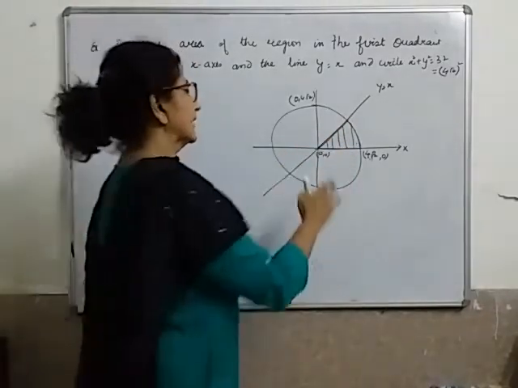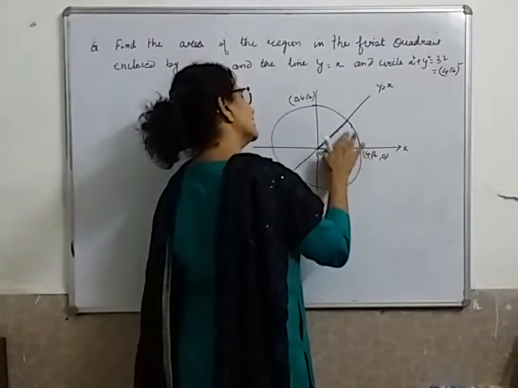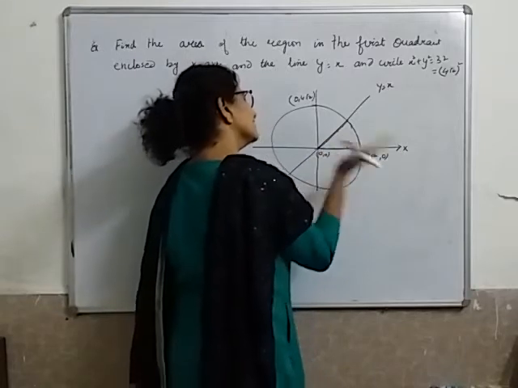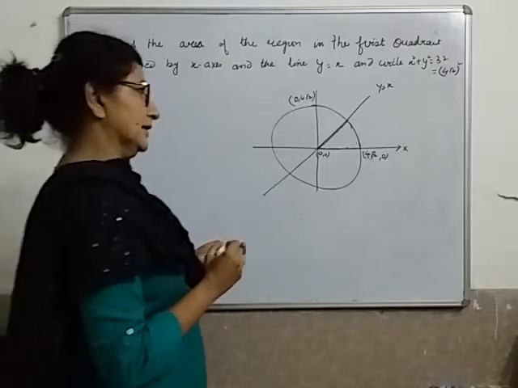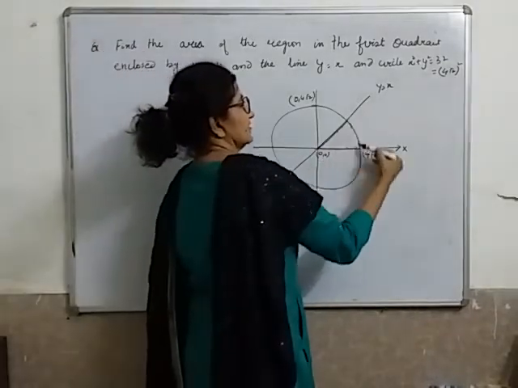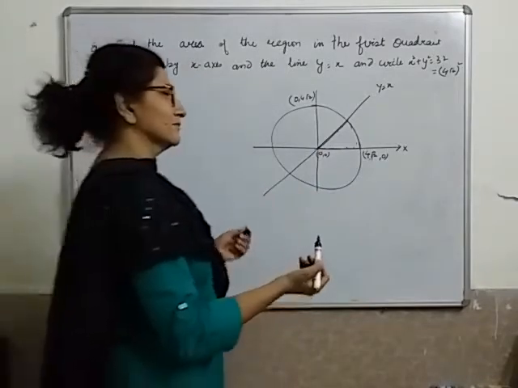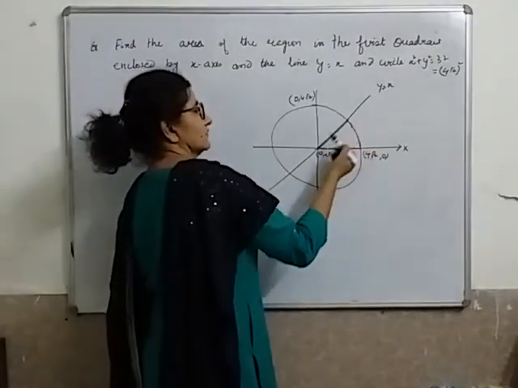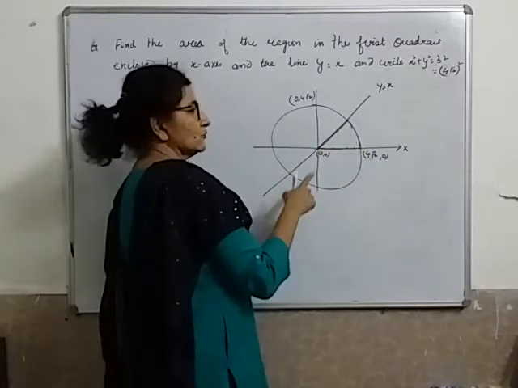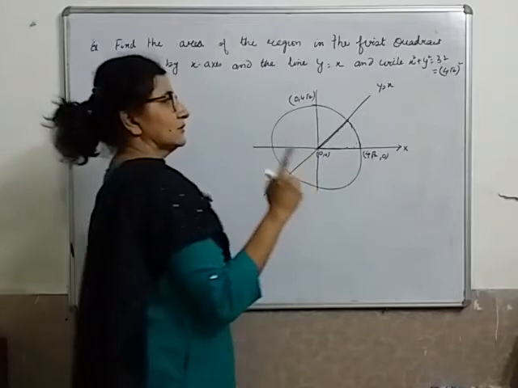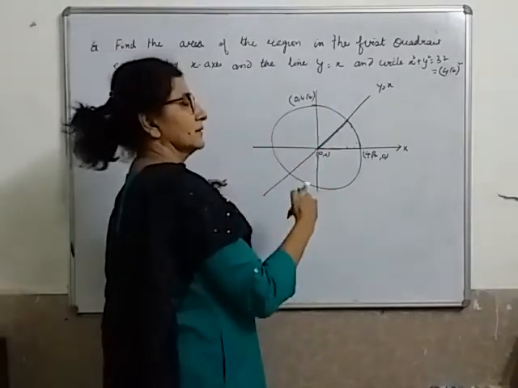The x-axis only in the first quadrant, the x-axis, the line and the circle, between all three. So this time it is almost clear that I should find the area along the x-axis only. Fine. But there are two curves again. One is a line, one is a circle. When I am saying curve, a line is also called a curve. And one more thing I told you, that at a time we can calculate area under one curve. We cannot mix two curves and find it together.